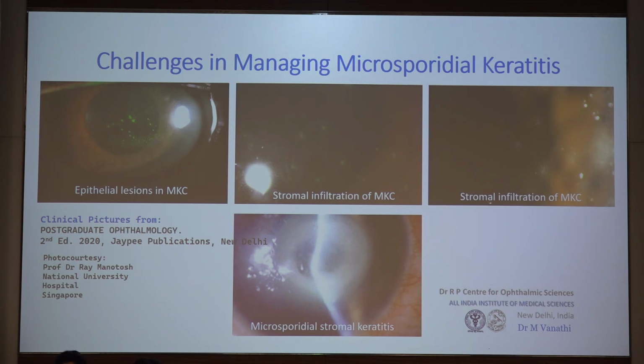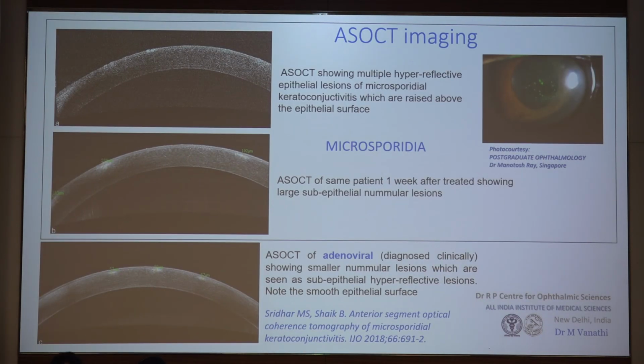If the lesion is going to progress further, then you would land up having a microsporidial stromal keratitis, a very classical picture like this as you're seeing here. ASOCT would help you if you are in doubt, where you could look at the level of the infiltrations, whether it is epithelial or subepithelial here, and when it is associated with the coarse granular infiltrates of the surface, it's a clear-cut picture of a microsporidia.